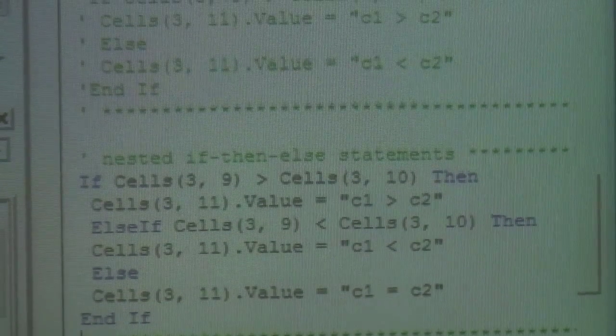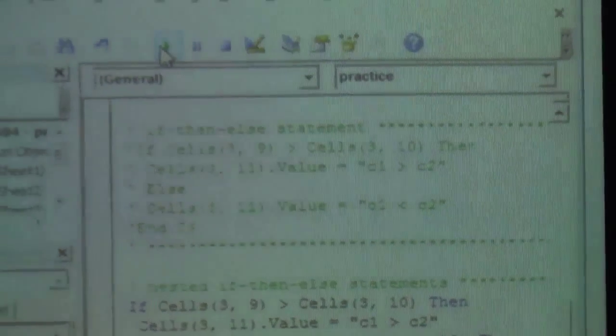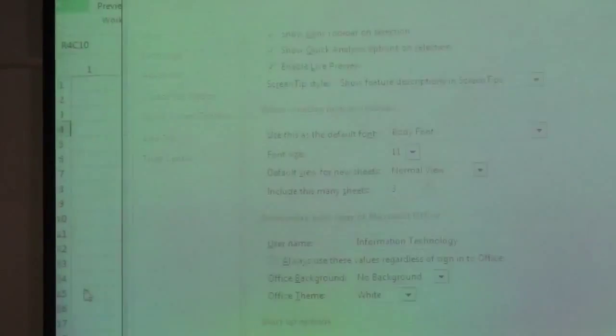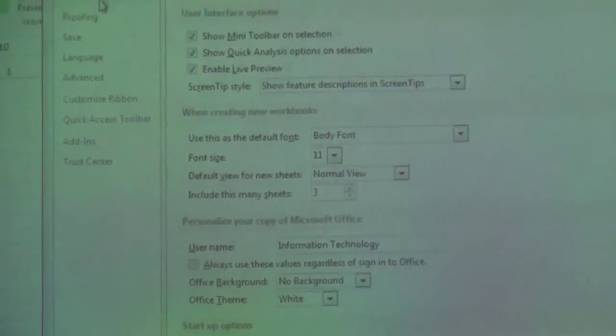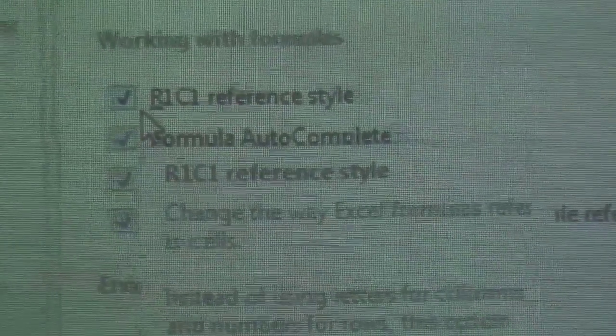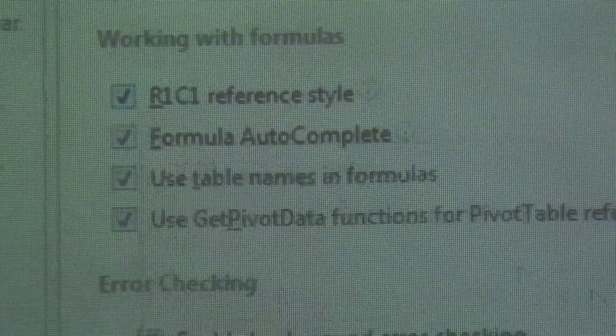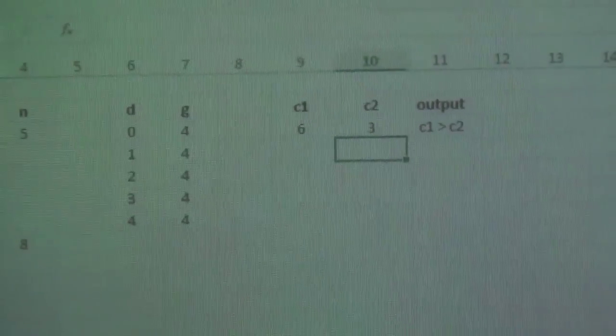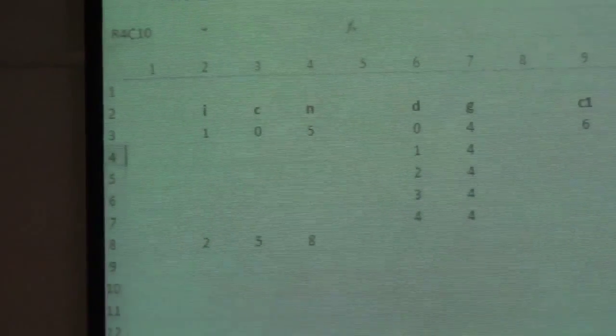Well, Linda asked that we run through changing the column headers to numbers again. So you go to File, Options, Formulas, and then you make sure that the R1C1 reference style is checked. Okay, and it changes them to numbers. Did you get that? Okay,